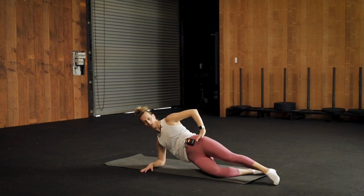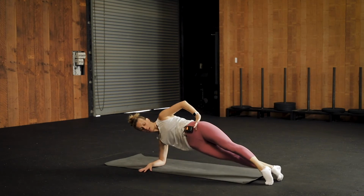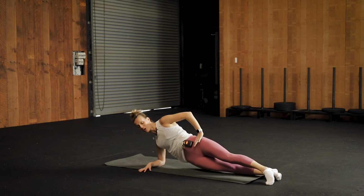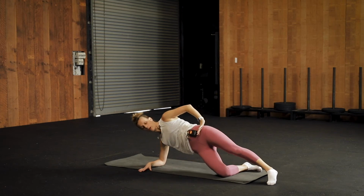You can stay here with your right knee bent. To add a little more challenge, extend your right leg out behind your left leg. Both legs are straight. We lift and lower. If you find this is just not working for you, keep your right knee bent, same movement. Just lift and lower. We're going to go for another 3,